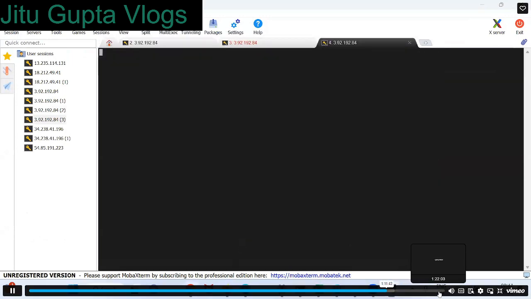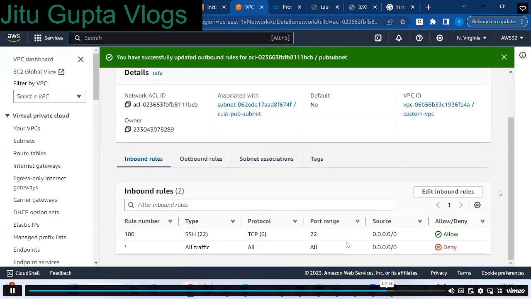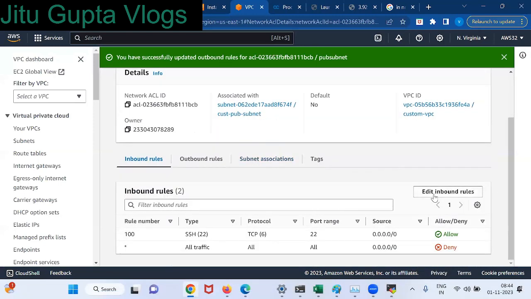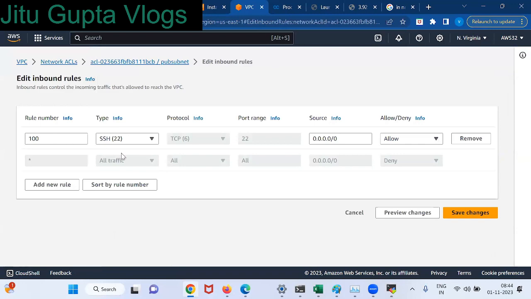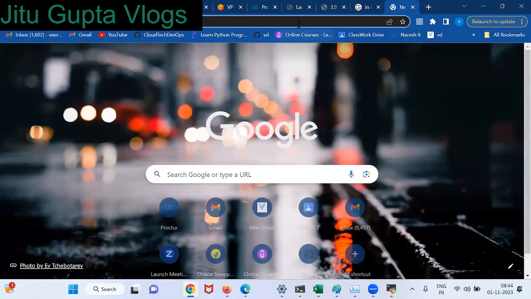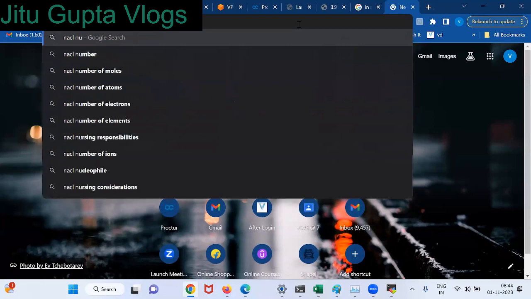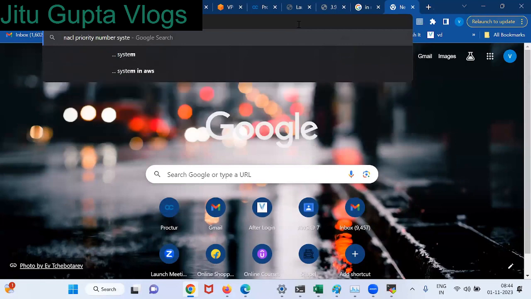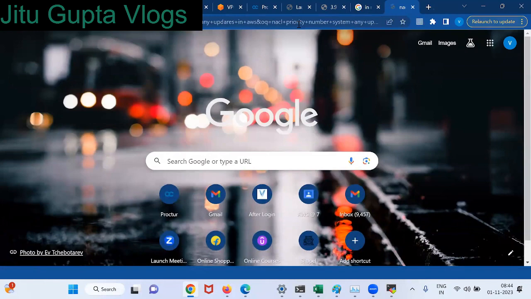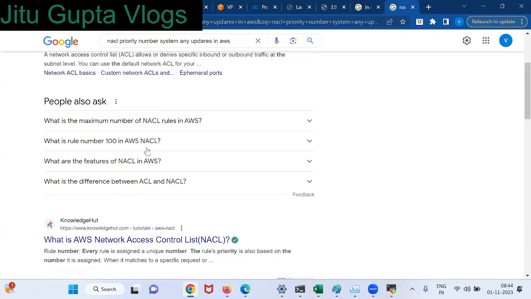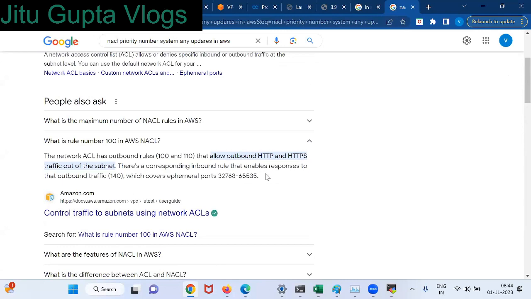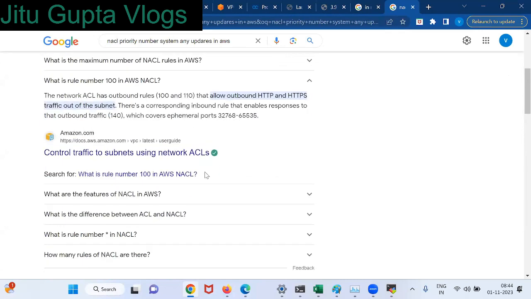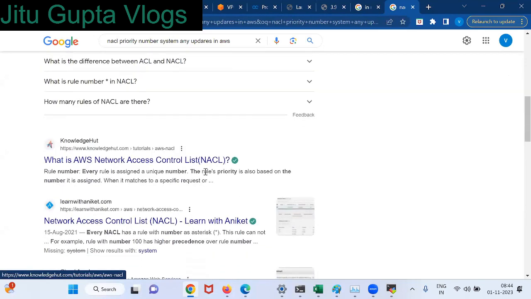The custom rules are not allowing it. Edit inbound rule. So 100 is by default for HTTP, 110 is for HTTPS. That is by default.